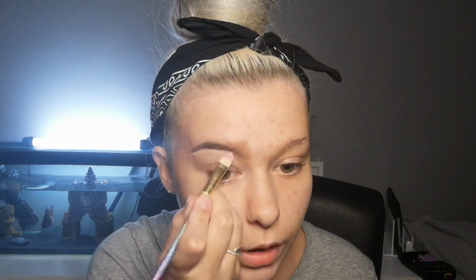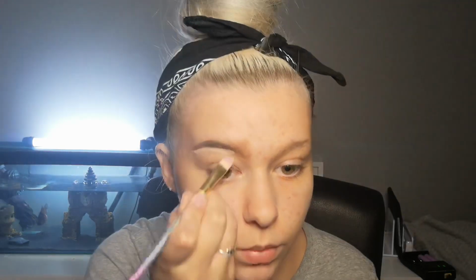So what I'm doing next is carving out my brows with the Revolution Pro Camo concealer. The reason why I use this concealer to carve out my brows is because it's quite thick, so when you are carving out your brows, I find if you have more runny concealers, it's harder to base that product where you want it. So what I like doing after concealing my brows is going in with the Velvet Rose palette